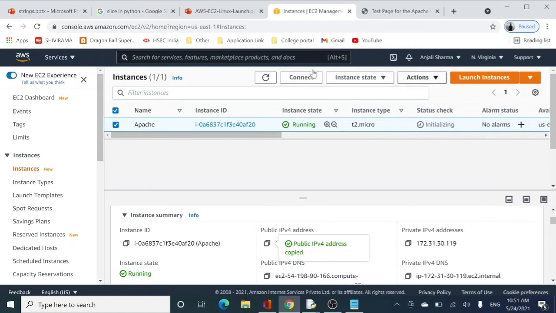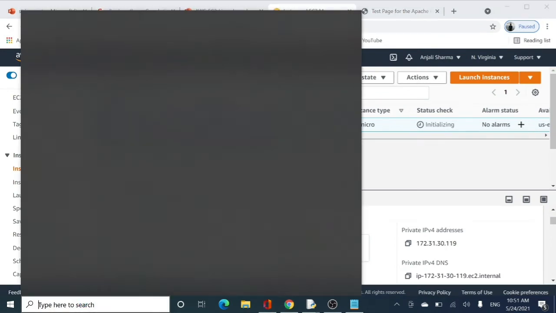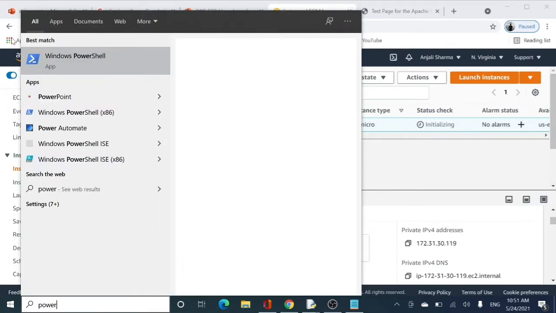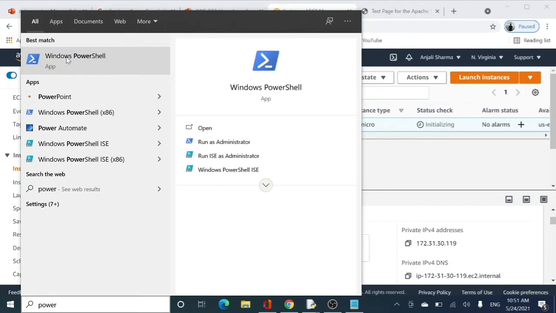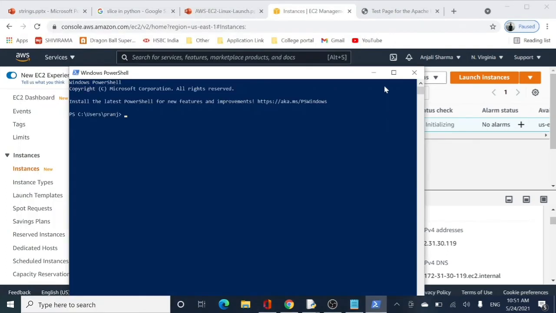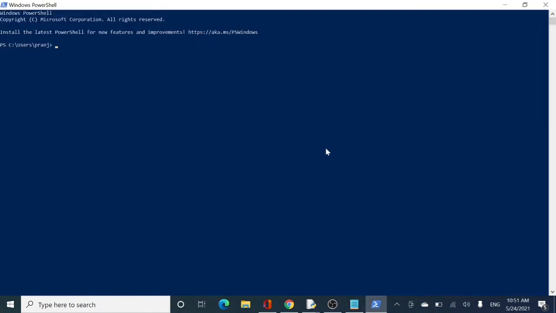So we are going back to our EC2 instance, and now I'm going to SSH into it. For that I shall be opening up my PowerShell, and here it is. All right, so first go to the place where my key is.